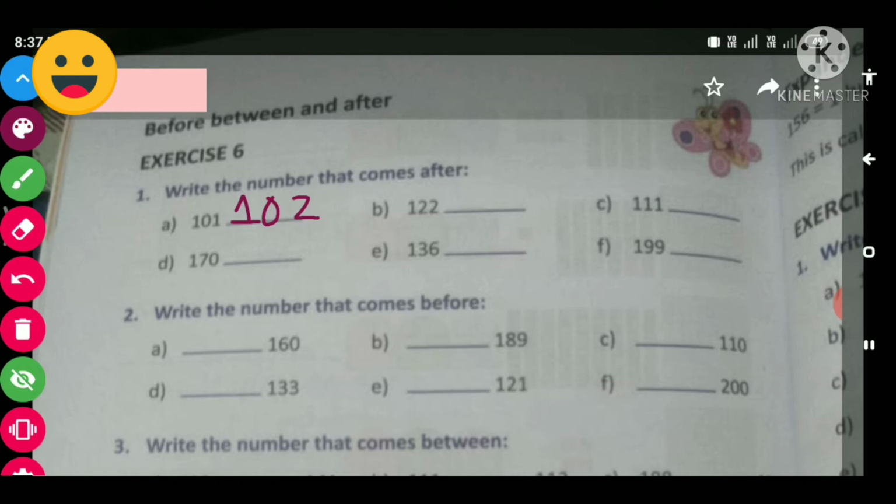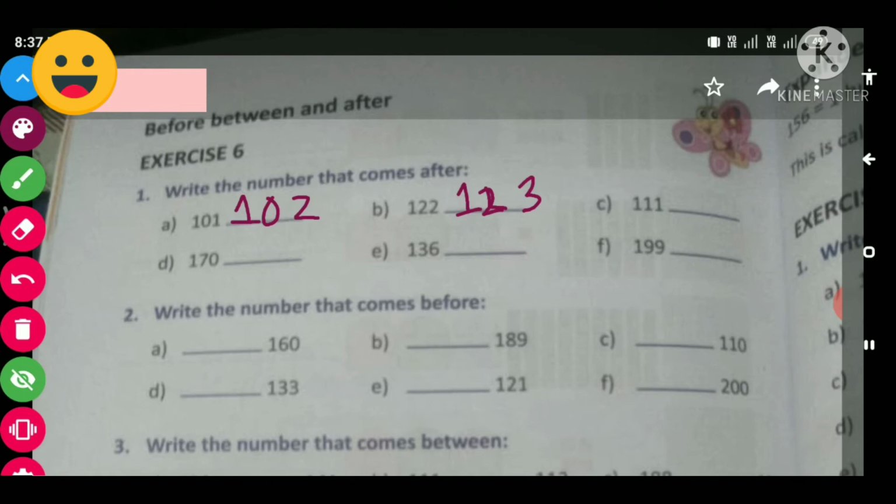So the after number will be what? Forward you have to move, or you can add 1 also. So it will become 123.